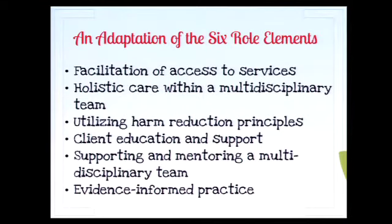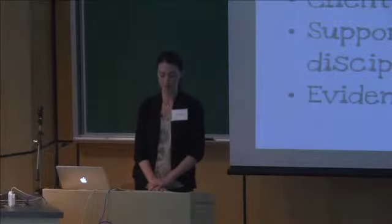Client education and support utilized the expanded expertise and knowledge base of the NP to bring client education and support to a deeper level, particularly in terms of medication adherence and comorbid illness. Supporting and mentoring a multidisciplinary team by contributing an enhanced level of practice and knowledge base to an environment that manages particularly complex clients. And finally, contributing to evidence-informed practice at the DPC through the development of evidence-informed policies and